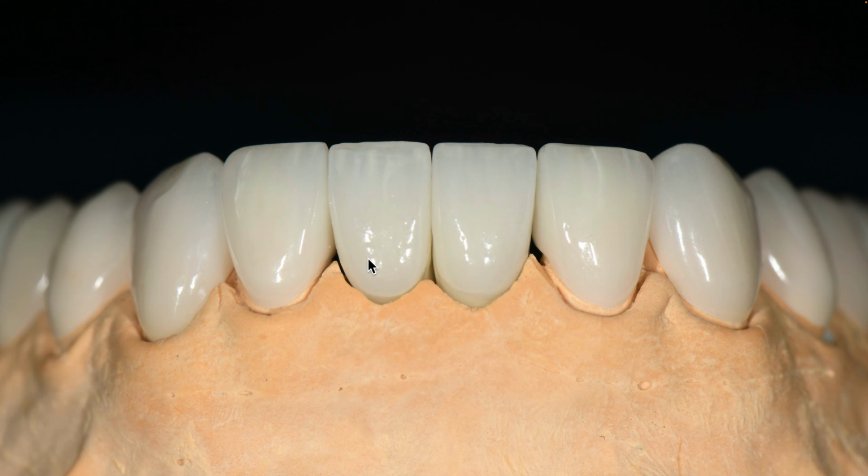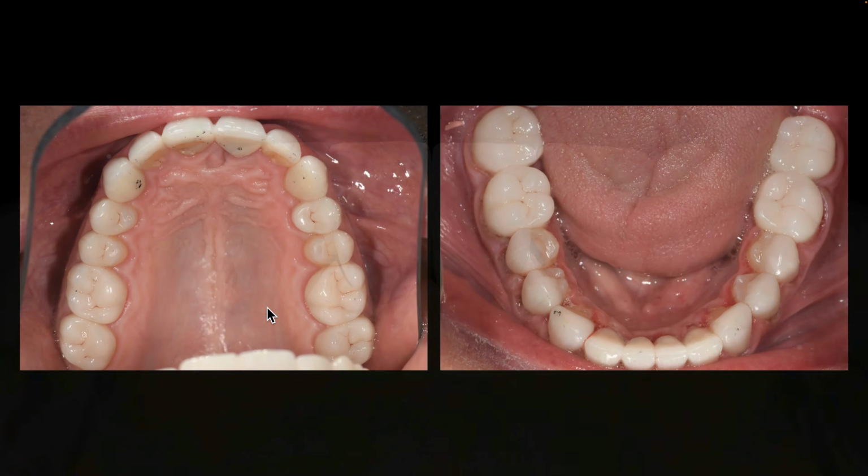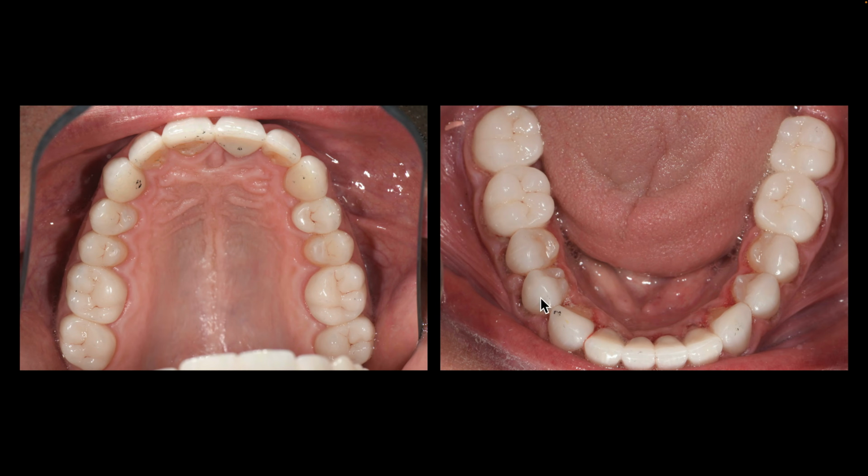Here it does look a little off on value, but it actually looks even better than the upper in the mouth. And so you can see the finished case the day that we seated the lower. And on the lower, again, we had onlay veneers, but they didn't wrap as far as the uppers. They wrapped more to the mid buccal. These ones wrapped a little further on the upper, just to get more occlusal surface reconstructed, even though I didn't